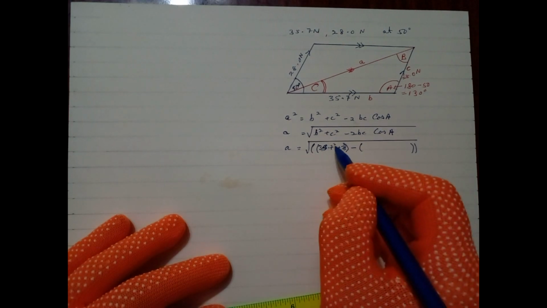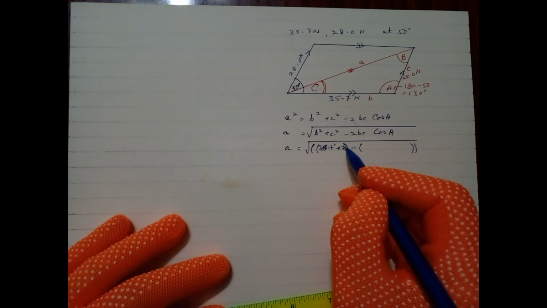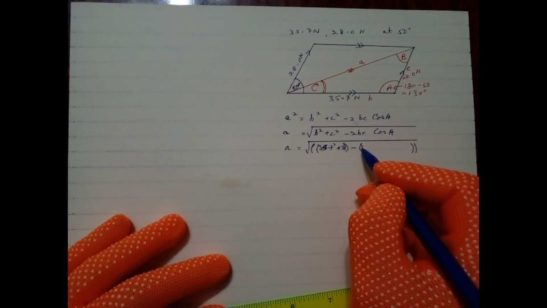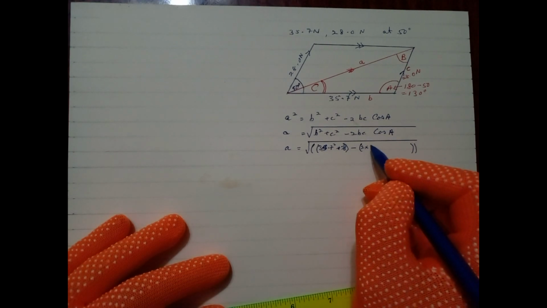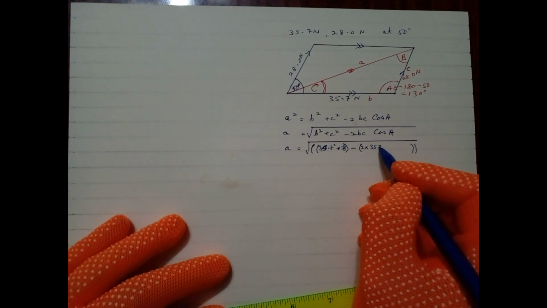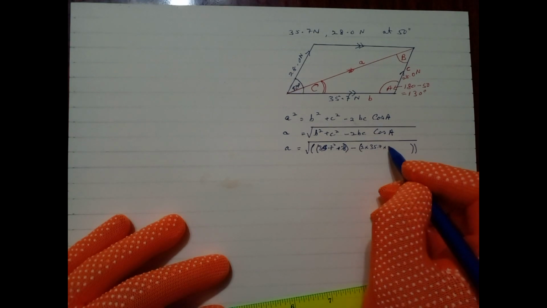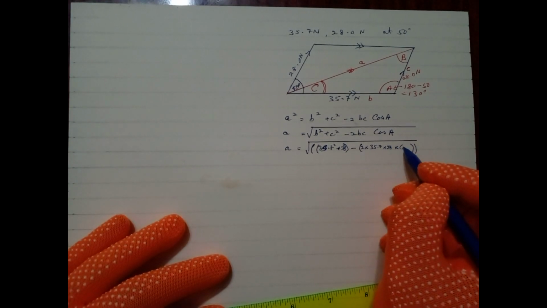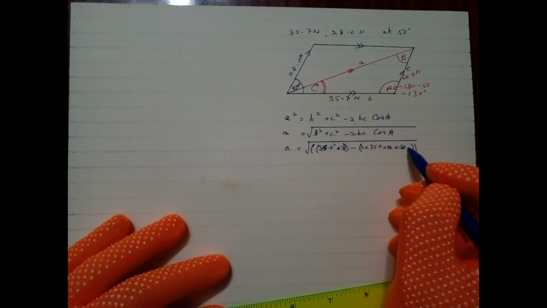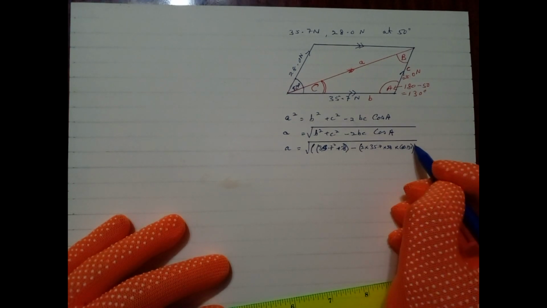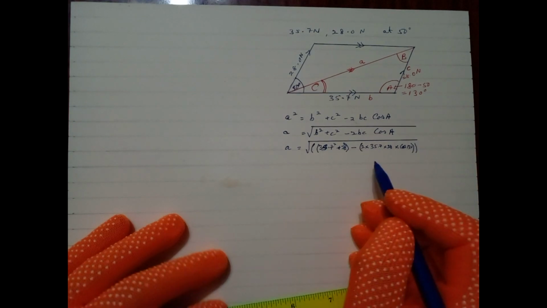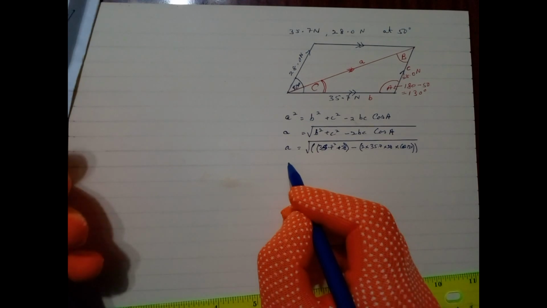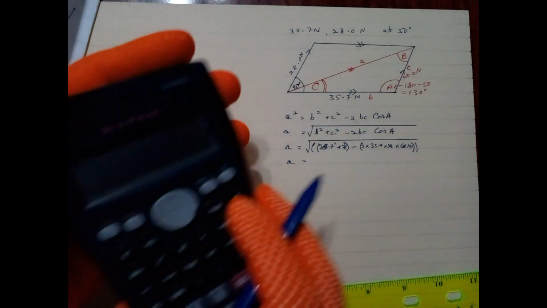So 35.7 squared plus 28.0 squared minus 2 times 35.7 times 28.0 times the cosine of 130 degrees. Now we could do all of that in one step, so that A becomes